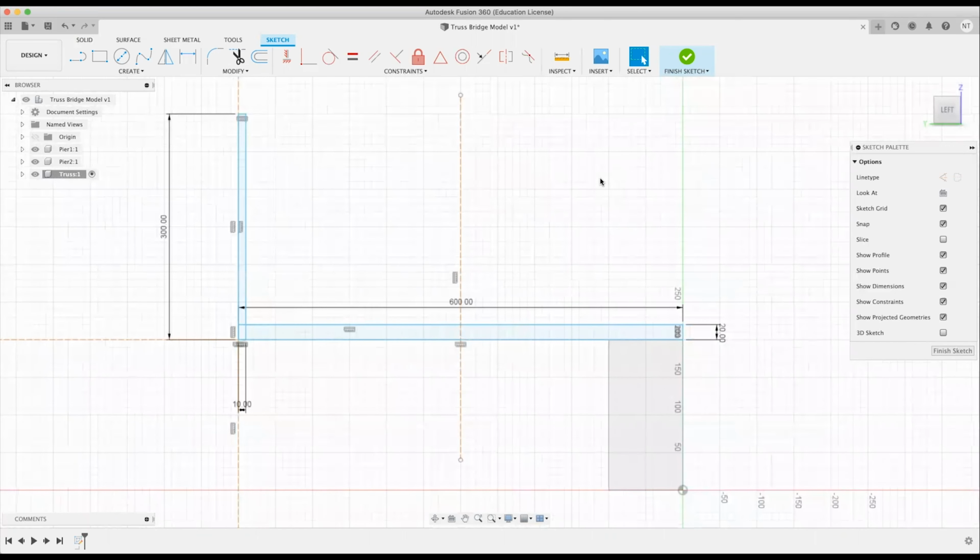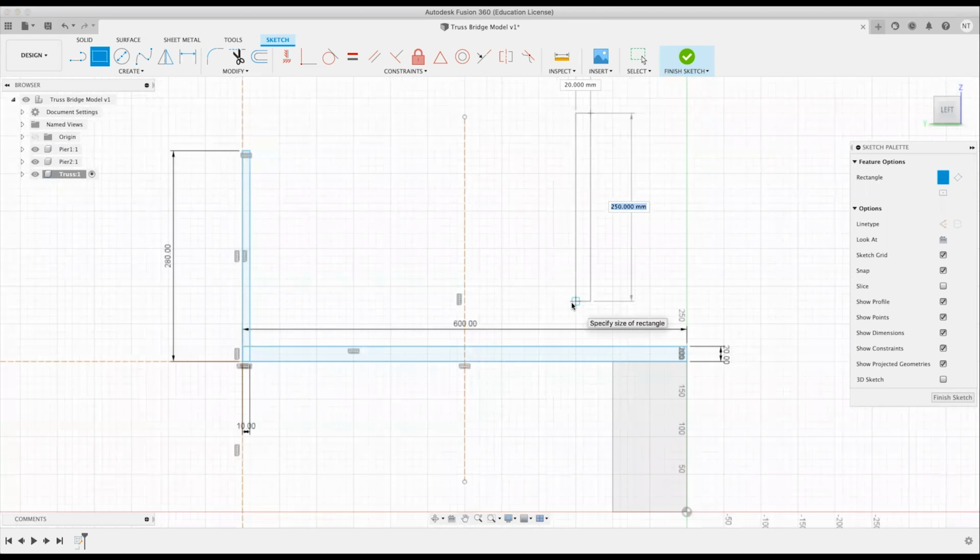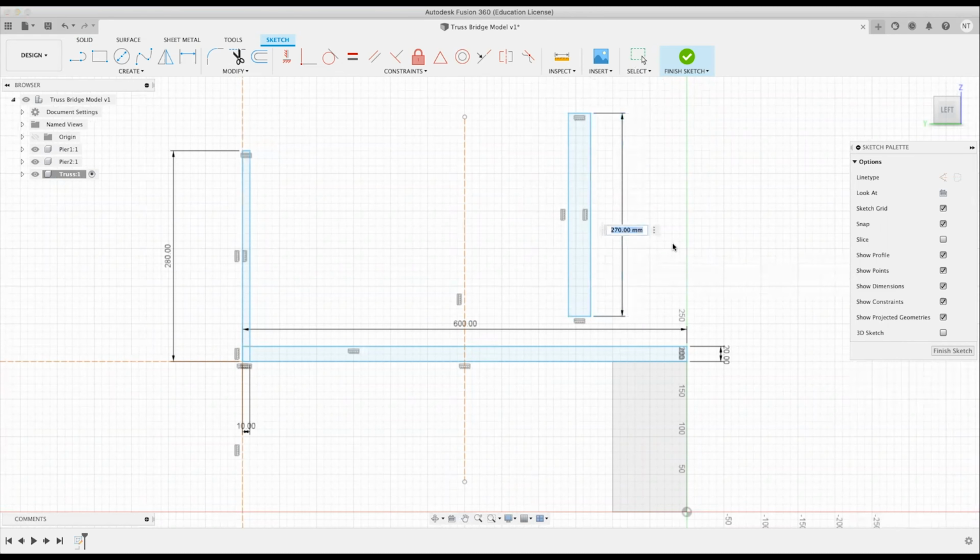And now, based off of our sketch, the height of this vertical member is actually, let me just do some quick math here. It's not actually 300. It should be 280 because of the top bar. So make that 280, and because of these constraints that we set earlier and that are automatically set in some circumstances, we can get this height subtracted from here and having the bar fixed at the bottom there. So we'll draw our next member, we'll hit R, we'll draw a rectangle, and we'll make it the dimensions that we want. So we'll hit D, we want the height to be 280, we want the width to be 20,